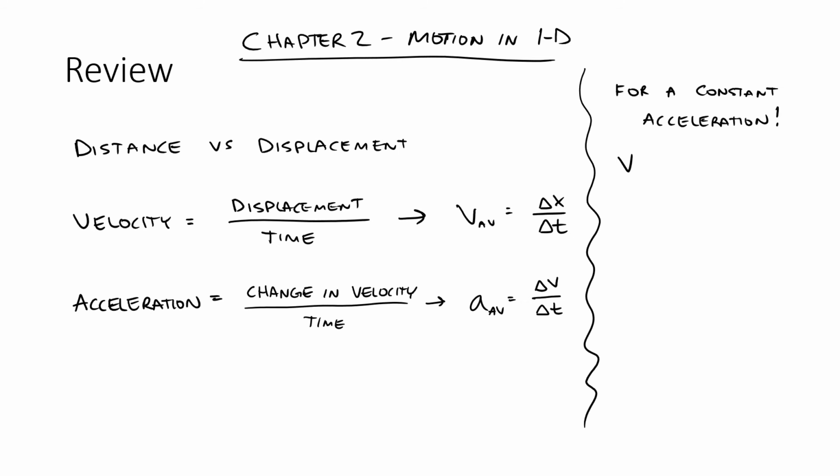Chapter 2 was largely the same as chapter, sorry, this is chapter 2. Chapter 3 was largely the same as chapter 2. Chapter 3, motion in 2 dimensions. All I did in chapter 3 was explain that you can separate things into 2 different types of motion. So we're now going to use those same kinematics, but in 2 different